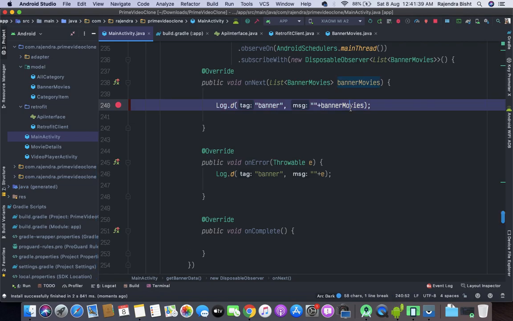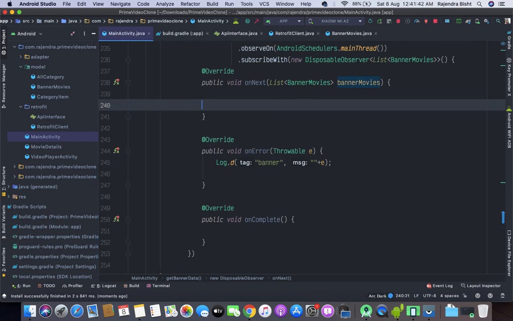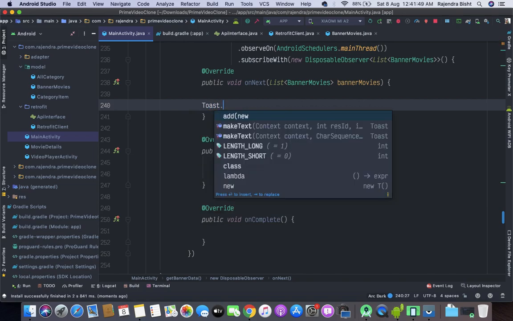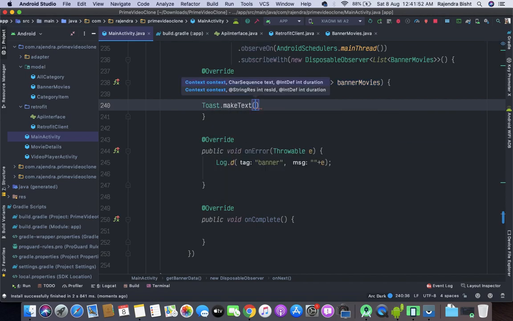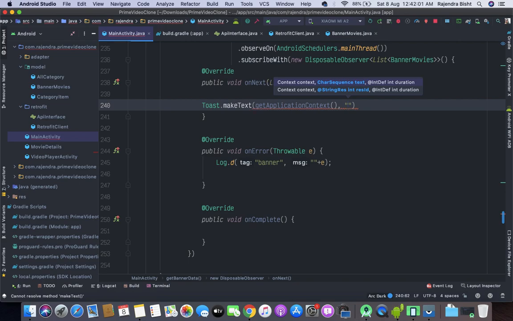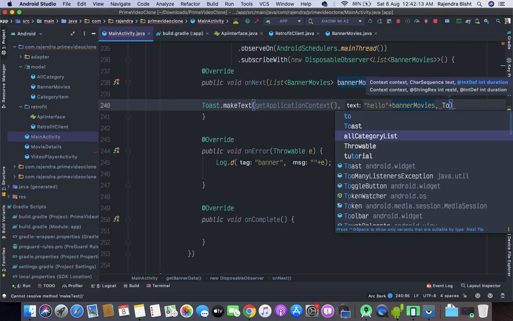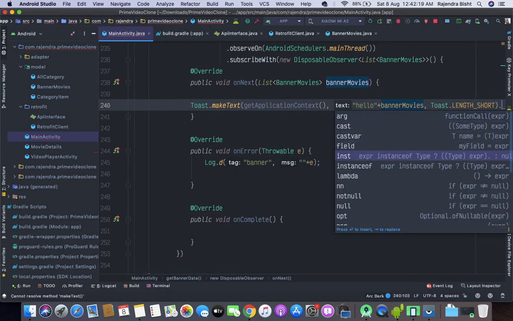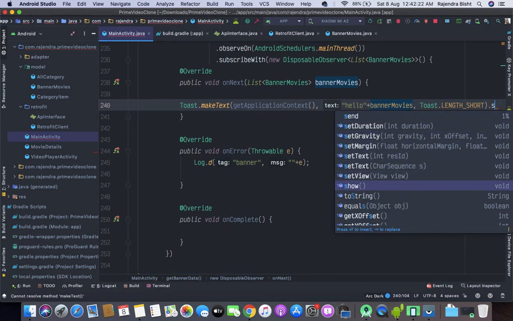So I'm going to remove this and I will print a toast message, and I will print the banner movies data, toast dot length short.